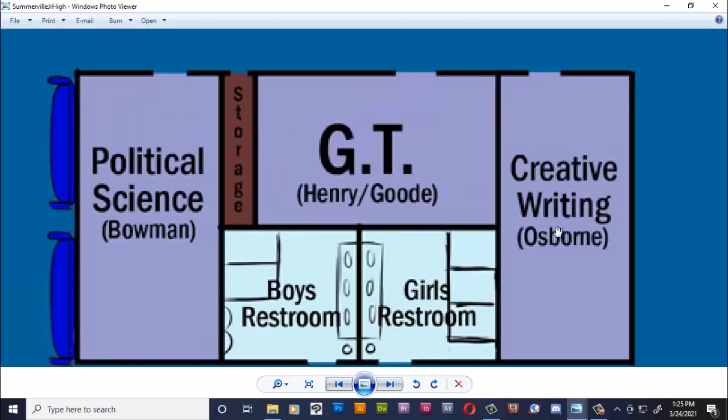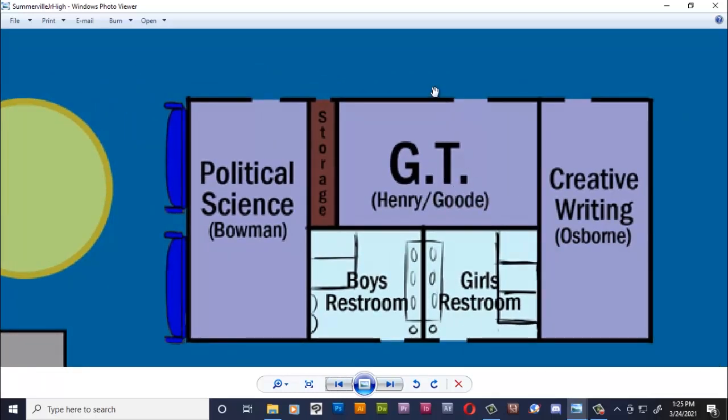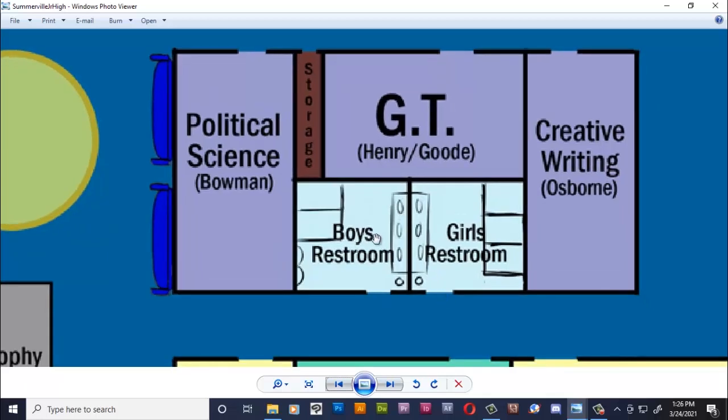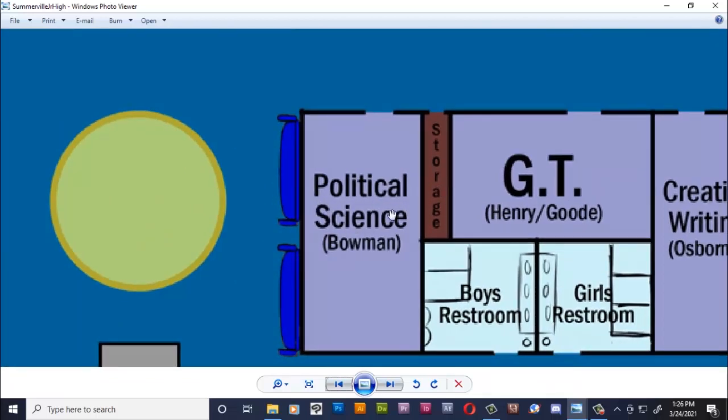But right here, they are electives for smart kids, I guess, and creative kids. Like we have creative writing with Mr. Osborne, and GT, which is gifted and talented. If there are gifted and talented students, then they get to take this class. Of course, the restrooms here, and the storage room, another storage room for the janitors, and there's political science with